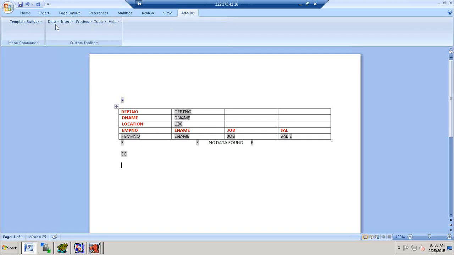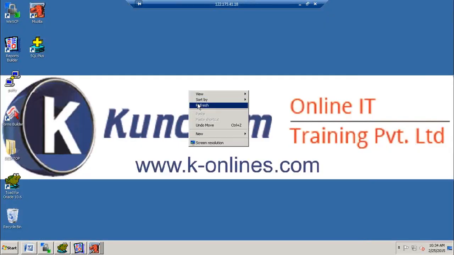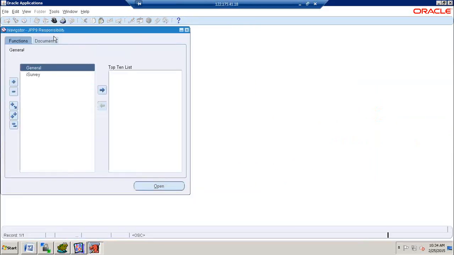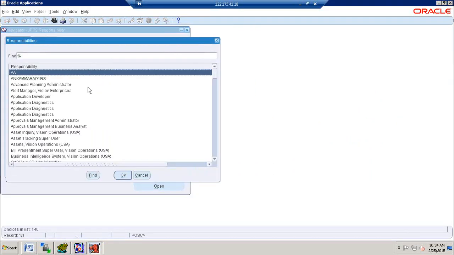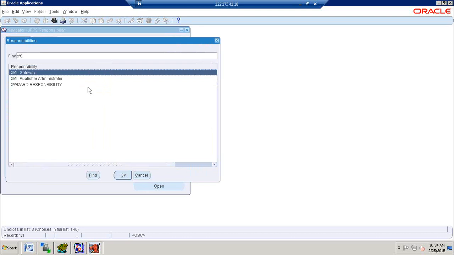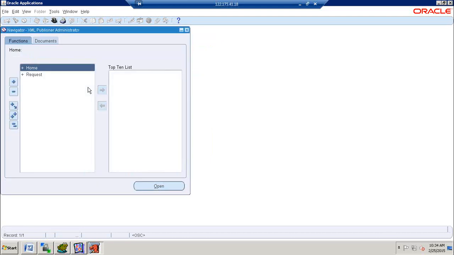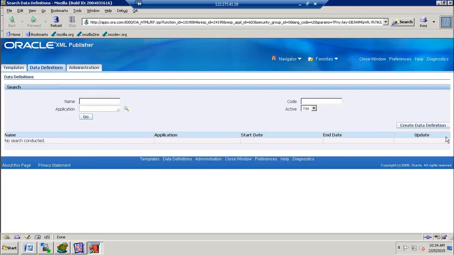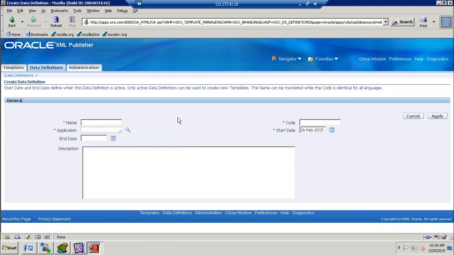So that is the reason we want to. So now what do we do? We are going to register this XML template in Oracle applications. All of you clear this logic? Then now go to XML Publisher responsibility, data template, sorry, data definition, create a data definition. So here we can give the X font